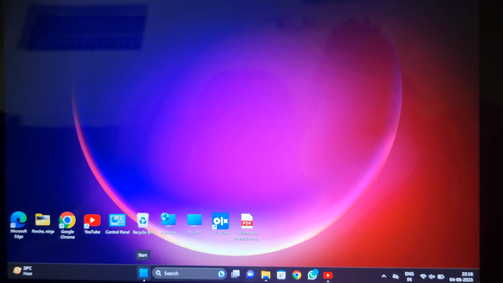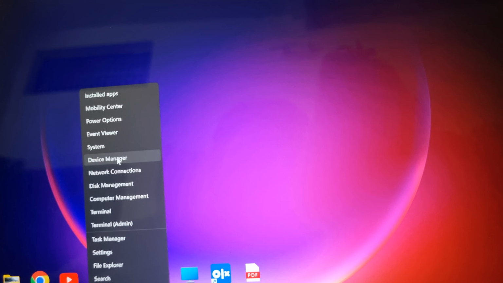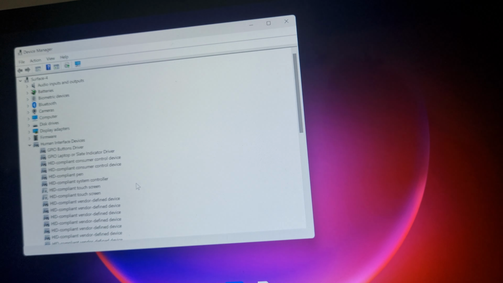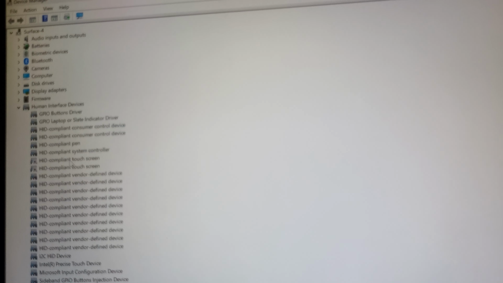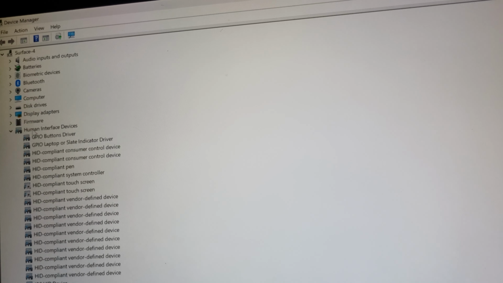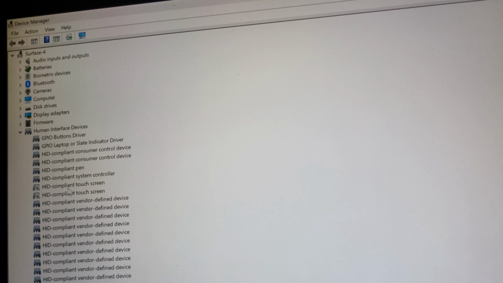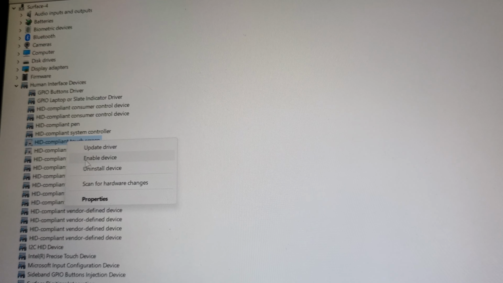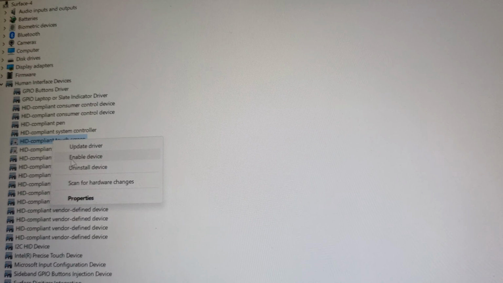again go to this Windows icon, right click on this option and go to Device Manager, and in Device Manager go to this option of Human Interface Devices, and in this option again follow that same process. In this touch screen option, right click on this, and this time instead of Disable device there is an option of Enable device. Click on this